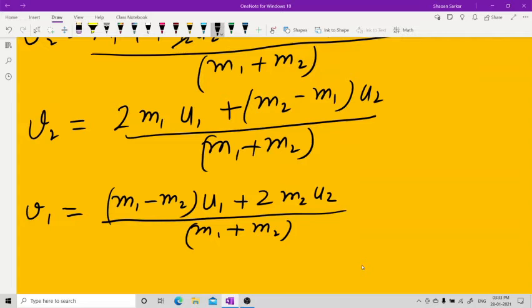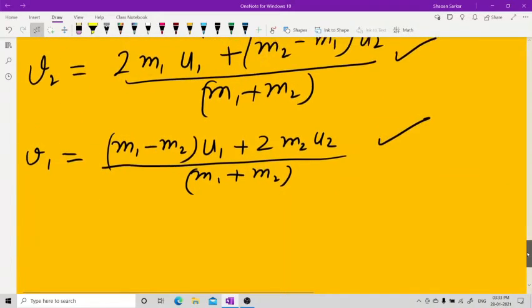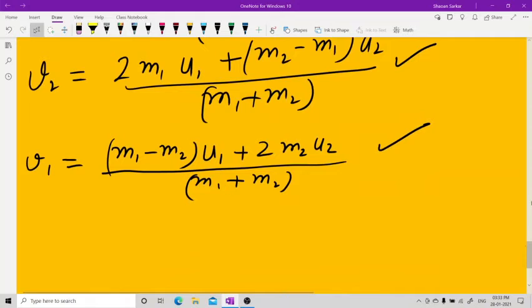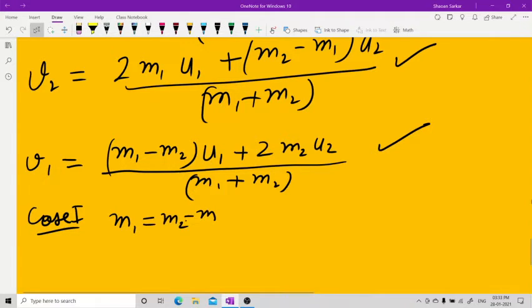हमको अब ये दो इक्वेशन से काम करना है, एक दो किसी को भी। Now the cases are, तीन केस हम करेंगे, the three cases. पहला केस, when both masses are same. Case number one, both masses are same. m1 equal to m2 equal to m. That means जब दोनों मास बराबर है and equal to m है, तो ये वाला पोर्शन जीरो हो जाएगा.